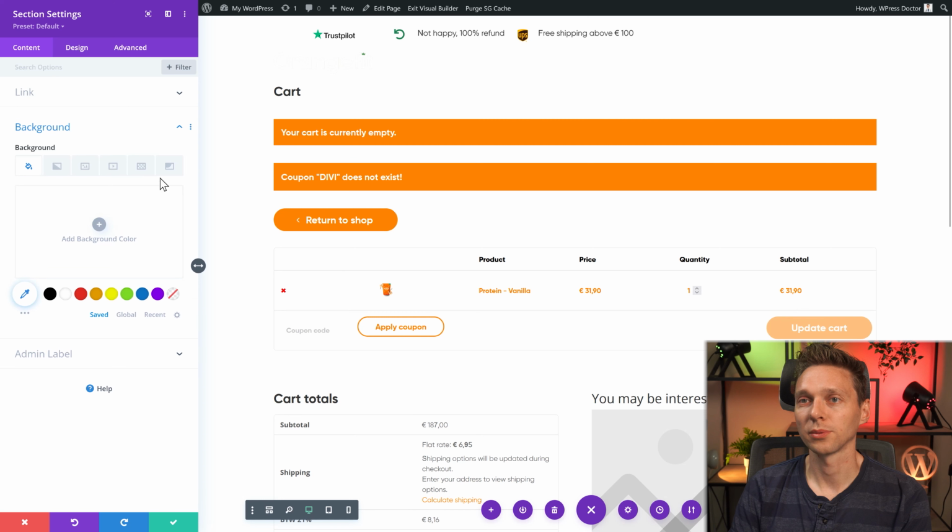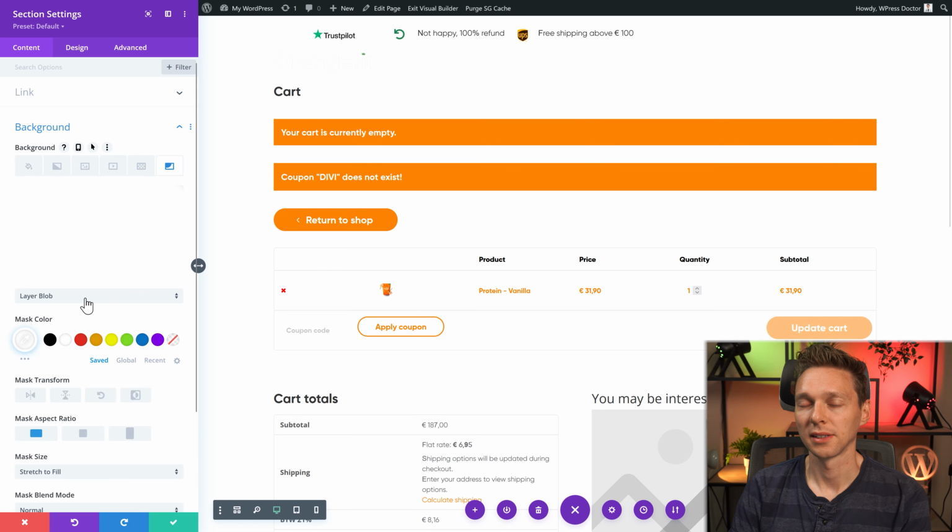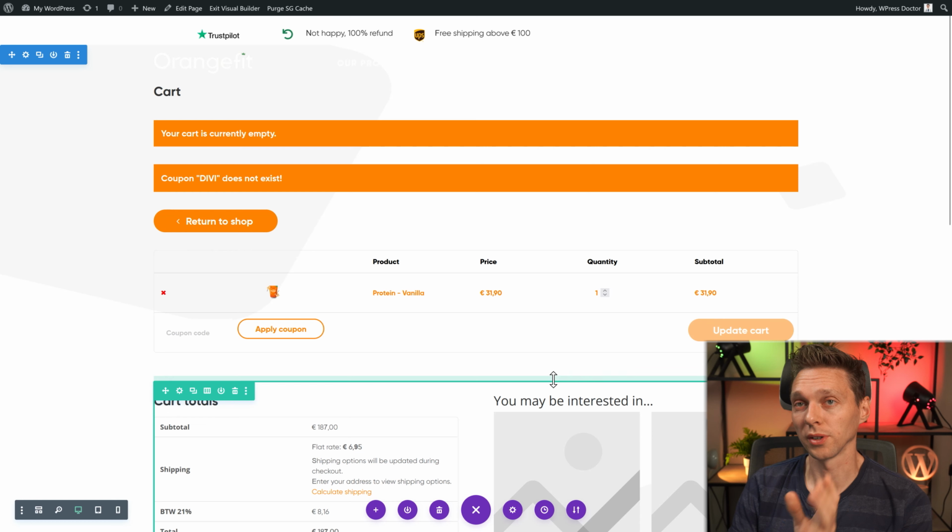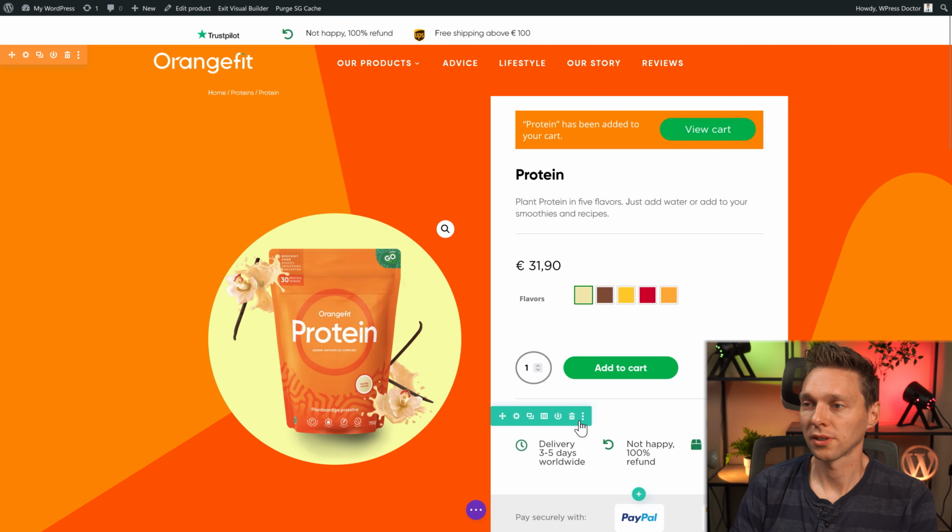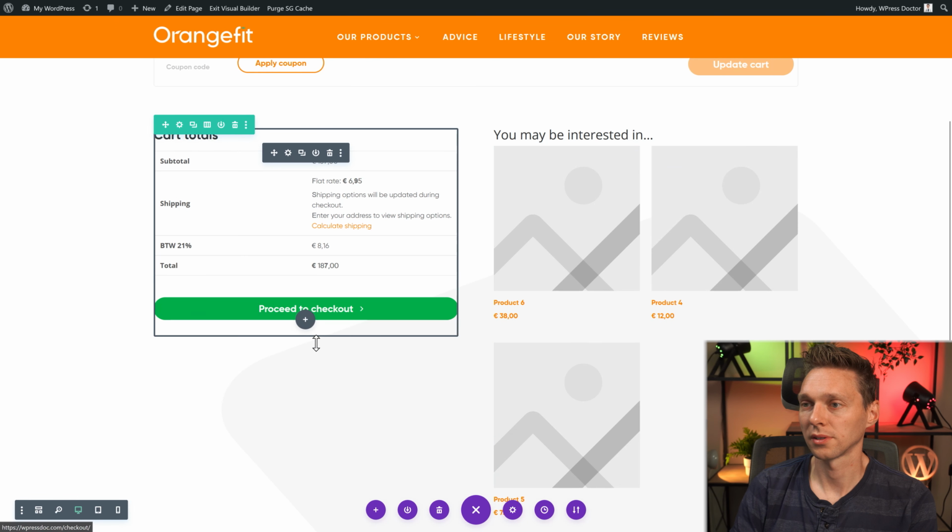Then we go to the background, we're gonna add the mask again, just like this one we're always using. And then we're gonna invert it. This looks great. Now, what's also very important is that you want to have some more USPs over there. Now, we've created them earlier on with the products. So we're just gonna copy this entire row, copy row, and in here, we're just going to paste the row.